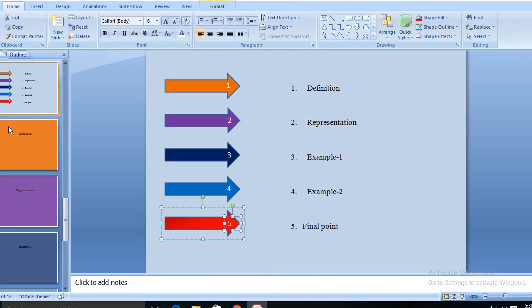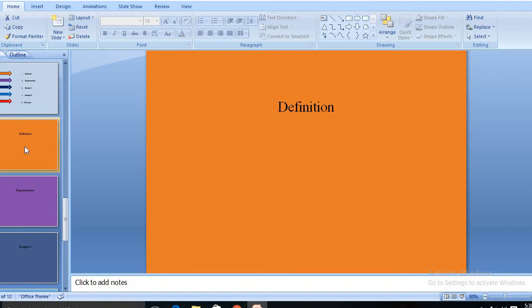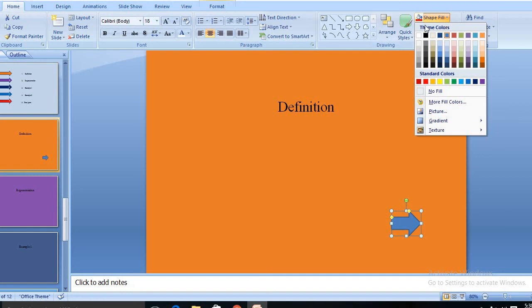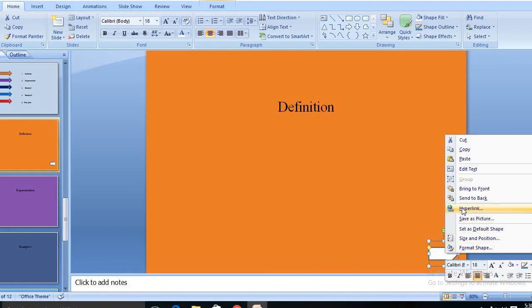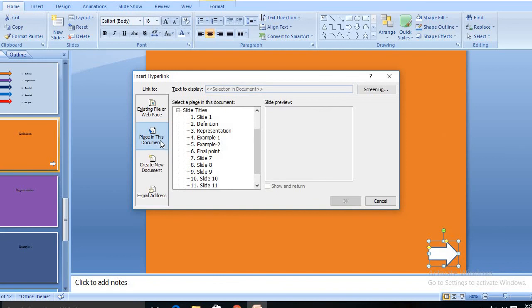So now create an arrow here which will take me to the dashboard slide. That is very simple. Select this arrow, place it here, shape fill, white color, take it to the corner, click here, right click hyperlink, place in the document.